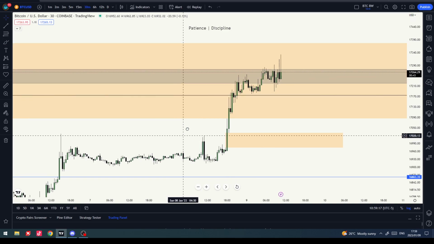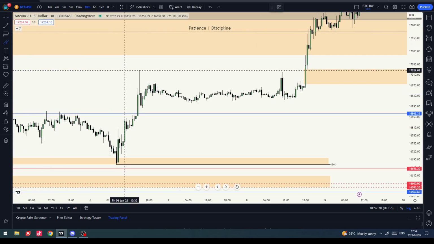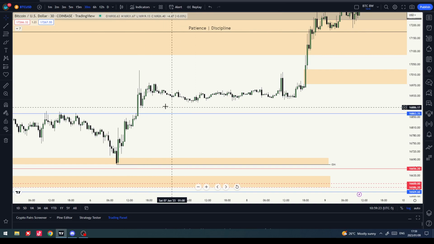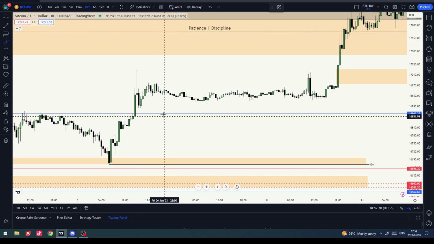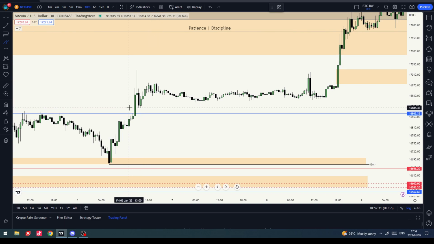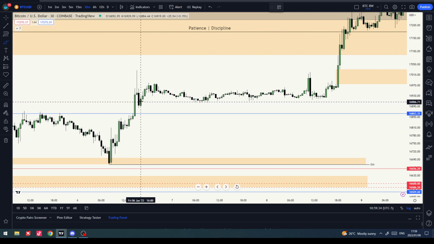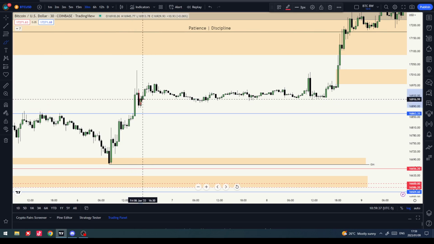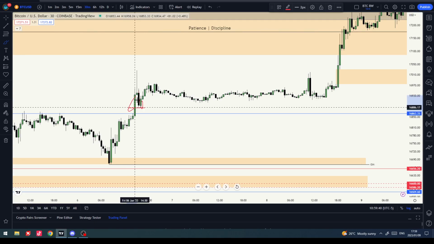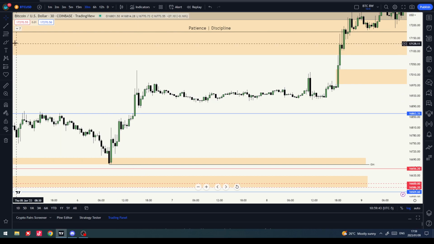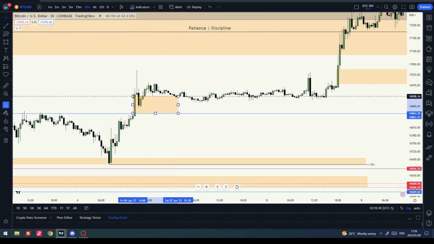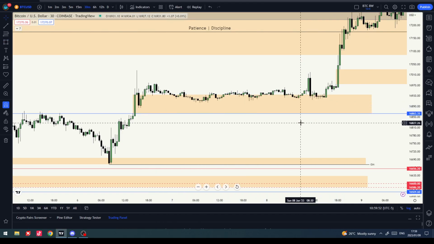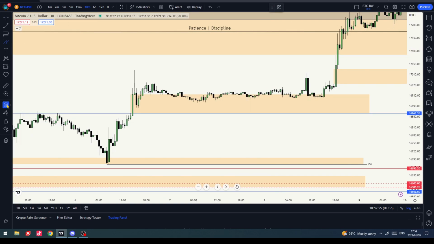Now, if you remember what I said previously, when price starts to trade below, and this is the FEG 2022 ICT model, when price trades below FEG candlesticks that rebalanced previous price. So if this down candle here was rebalancing this candle in here, this would be the FEG created in here, right? That's the FEG. Once price starts to trade below it, that's a break of structure in terms of that.